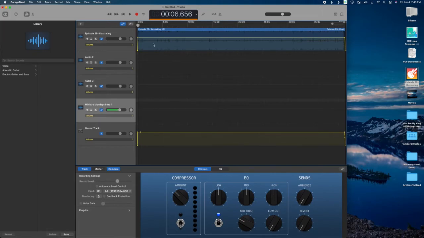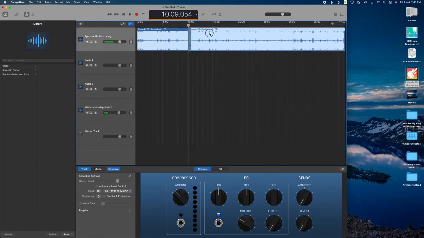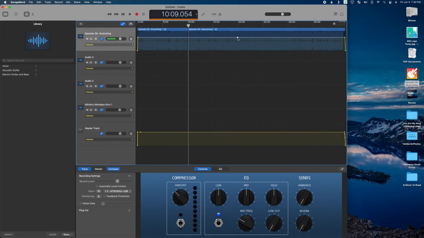If I want to get out of this mode, I click on this here, okay? And you can see I'll hover over it, show/hide automation. If you hide it, you're then free to go in and split your tracks and all that jazz here, so that you can edit it and drop out the ums and ahs that I usually take out of my own podcast. But the good news is you can always go back in and adjust your volume levels to your heart's content across the